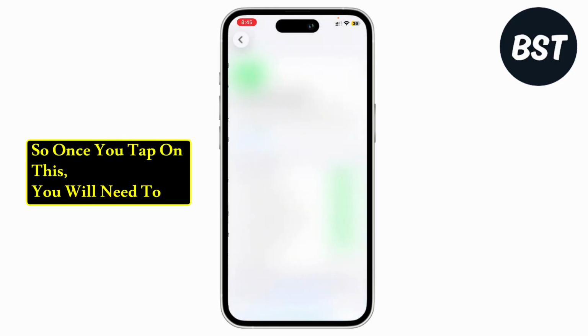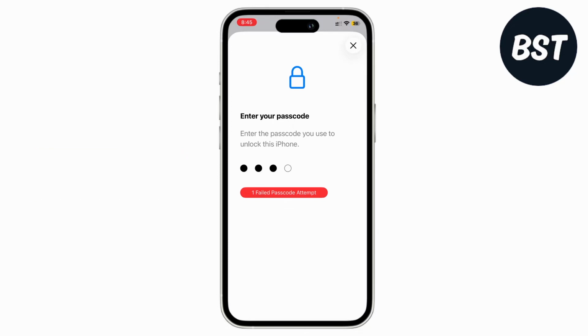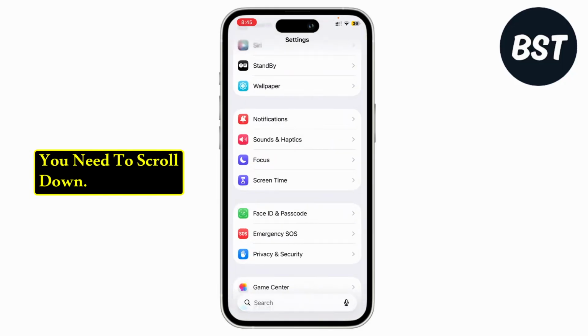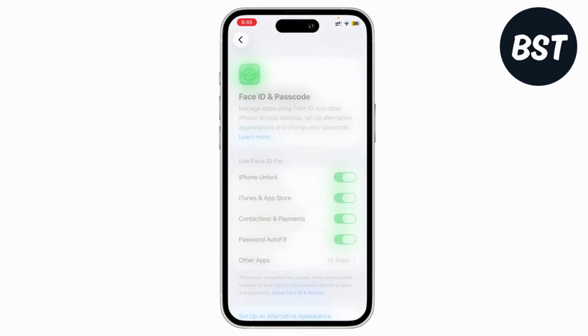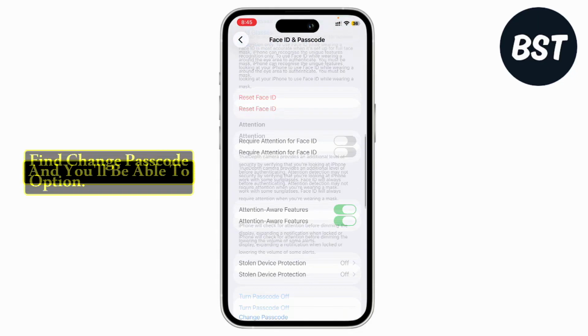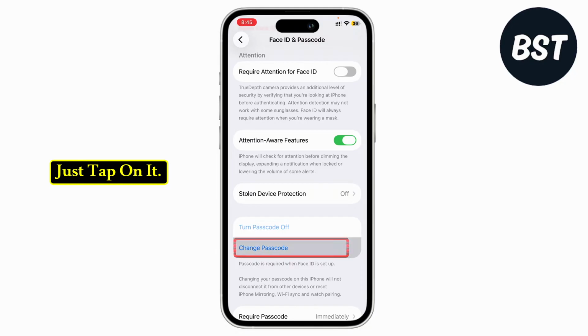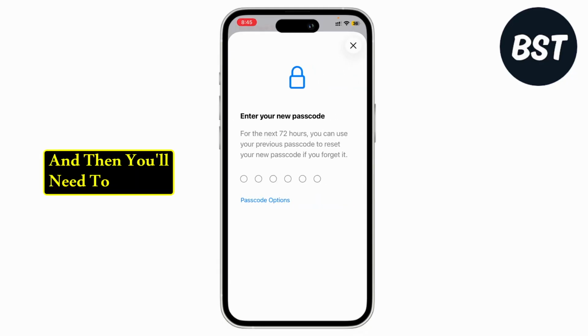So once you tap on this, you will need to enter your current passcode. And once you're inside, you'll need to scroll down and you'll be able to find change passcode option. Just tap on it. And then here, first you'll need to enter your current passcode and then you'll need to